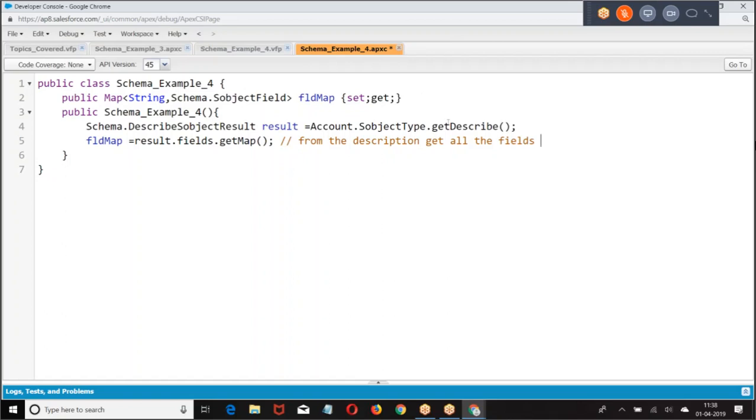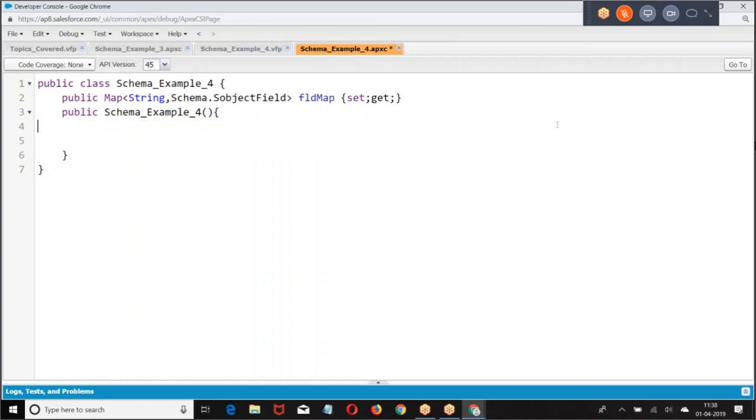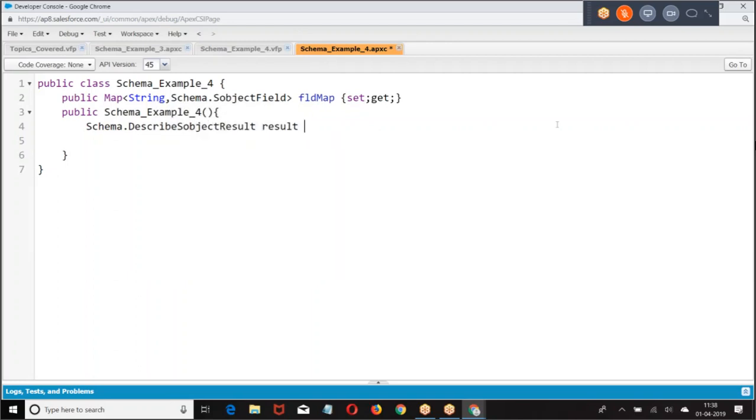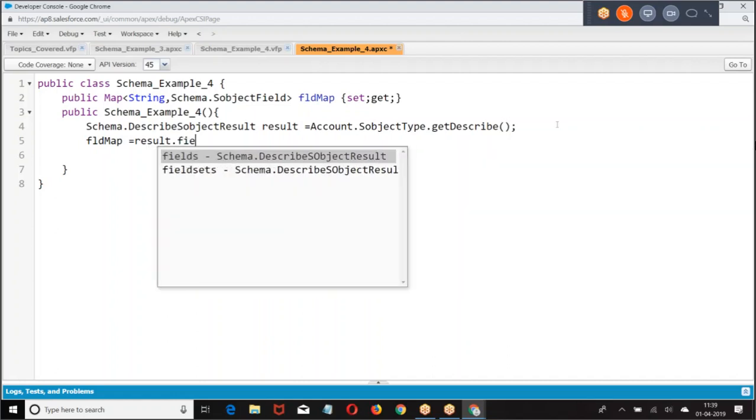Again, I'm making it here. Get the description. How can you get the description? If you want to get the description, we are going to give result equal to account dot SObjectType, get the description about an object. Once you got the description, get the fields. What was that? Field map equal to result dot